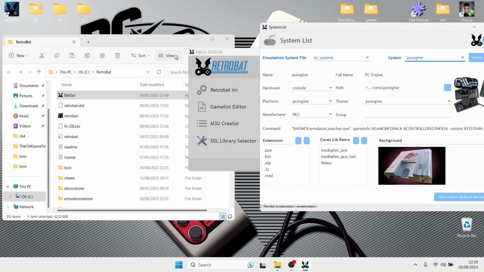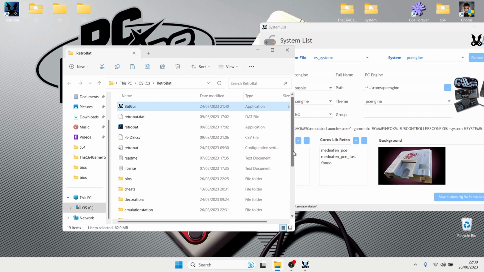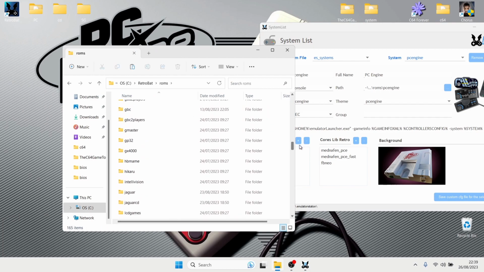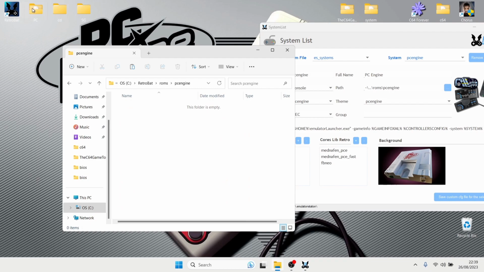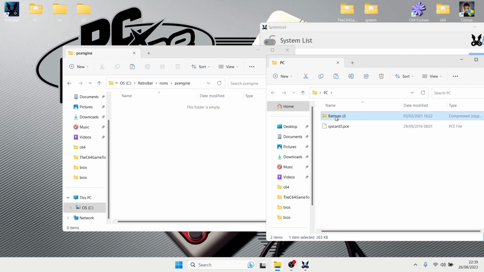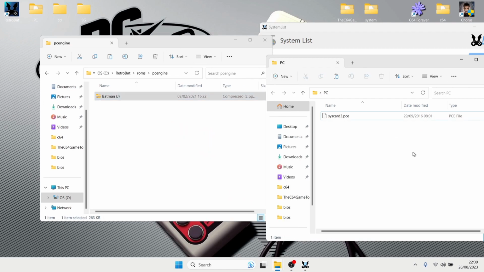So what I'm going to do first then is if we just go over to where Retrobat is installed and go into the ROMs folder, if we drag this down until we get to PC Engine, and that's right next to PC Engine CD, and I've got a PC Engine game here which is Batman. So it's a very odd game, Batman. It doesn't really go well with the film, it's just a really bizarre game, but let's put this one in the PC Engine. Now next thing I'm going to do is if we open up Retrobat,